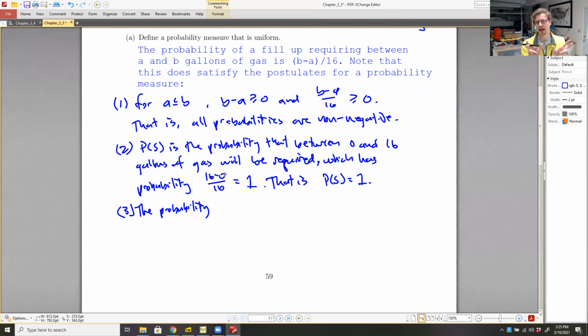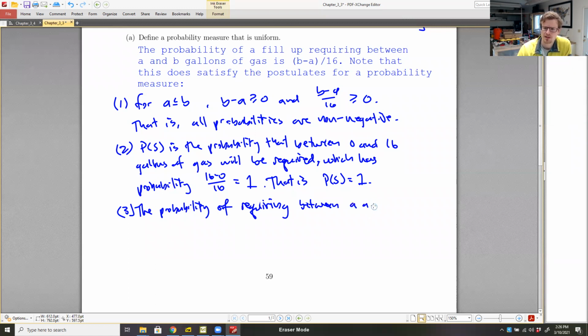Those intervals don't overlap. So those would be mutually exclusive events. So the probability of requiring between A and B or C and D gallons of gas